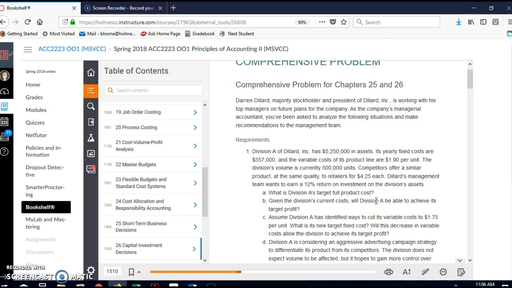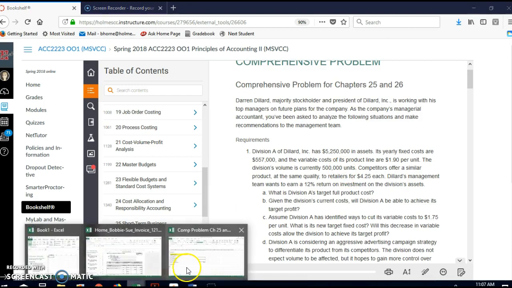Okay, so to calculate full product cost, you can look on page 1411 and 1412, I believe. So if you want to pause the video and read about target full product cost, it actually shows you the formula on page 1411. We want to figure out what the revenue is at the market price, and then we know that the market price is $425. So our revenue, we know we sell 500,000 units. So our revenue at market price